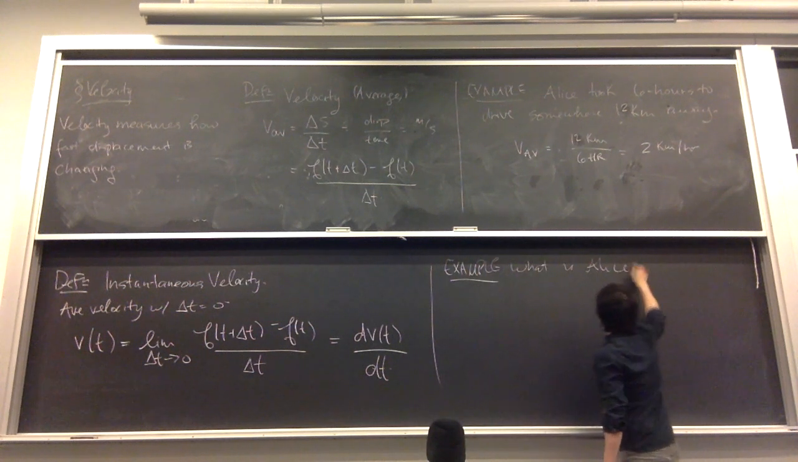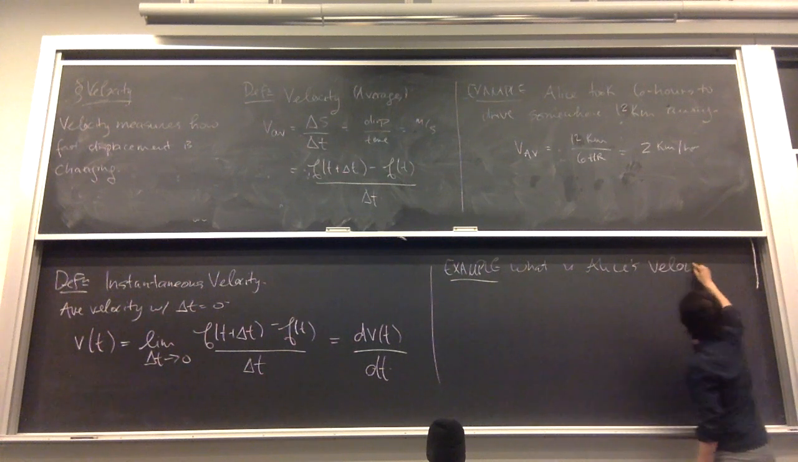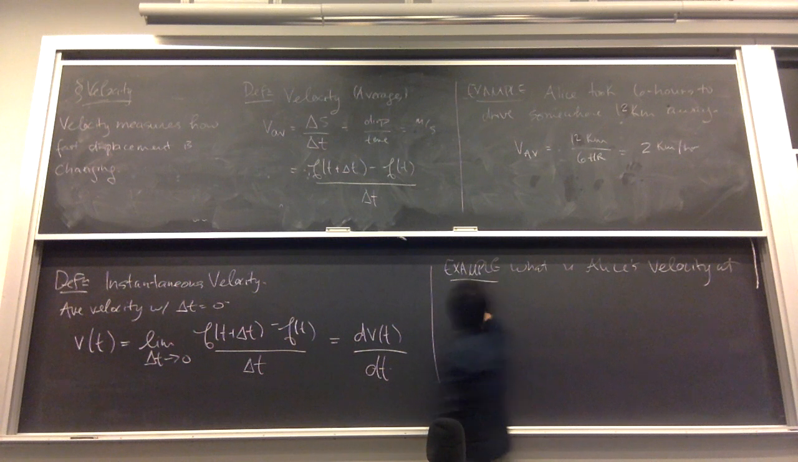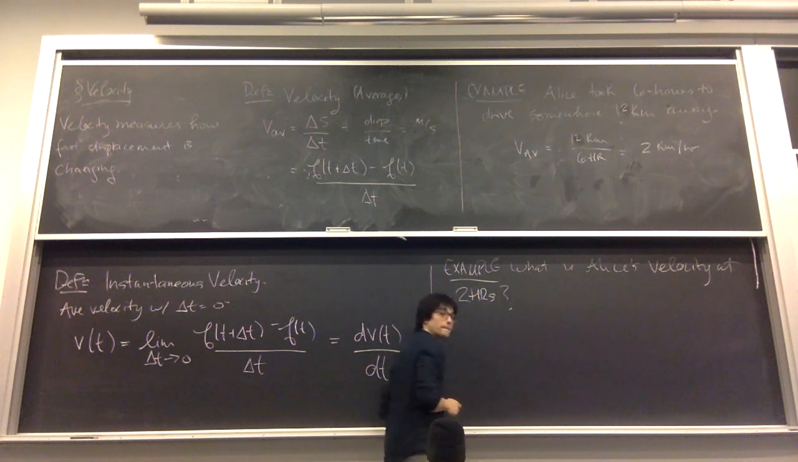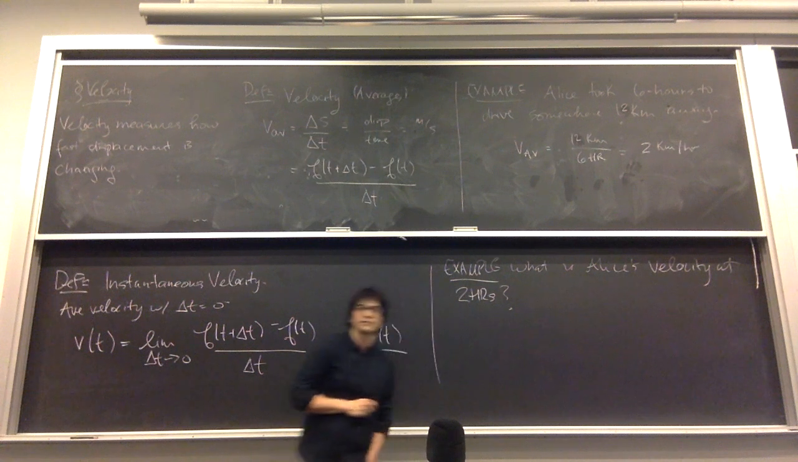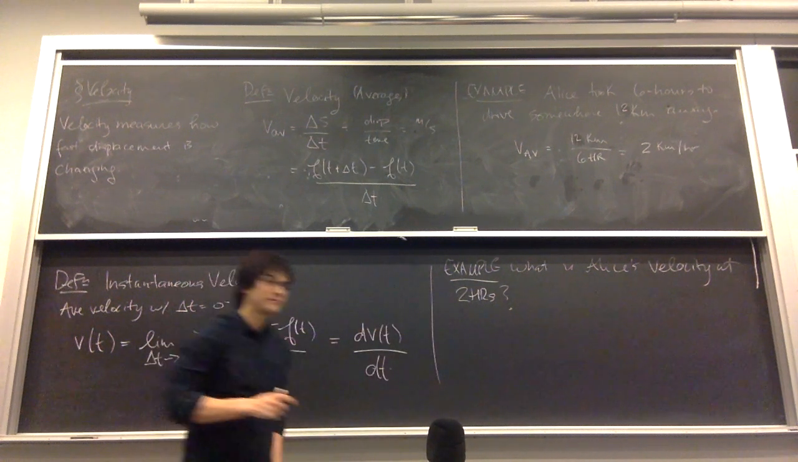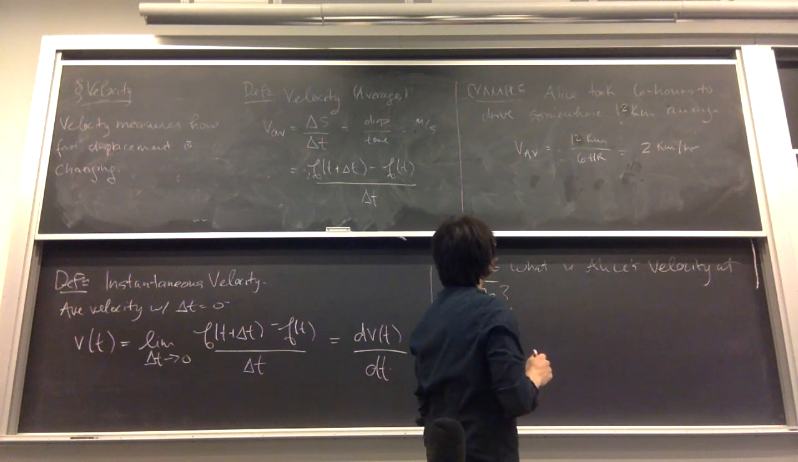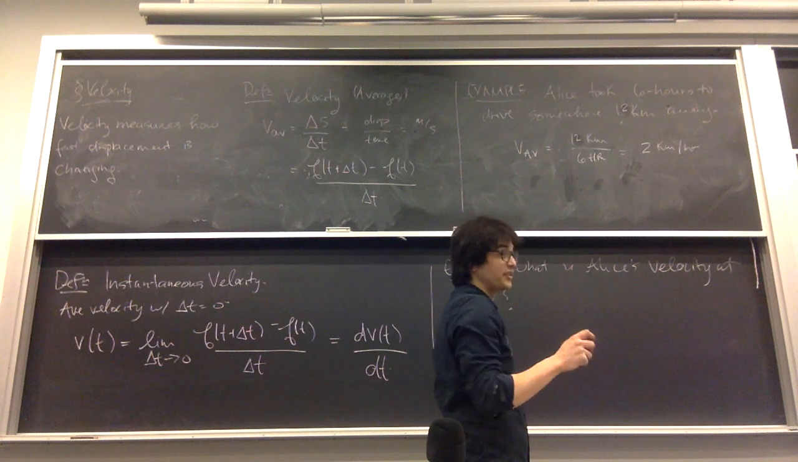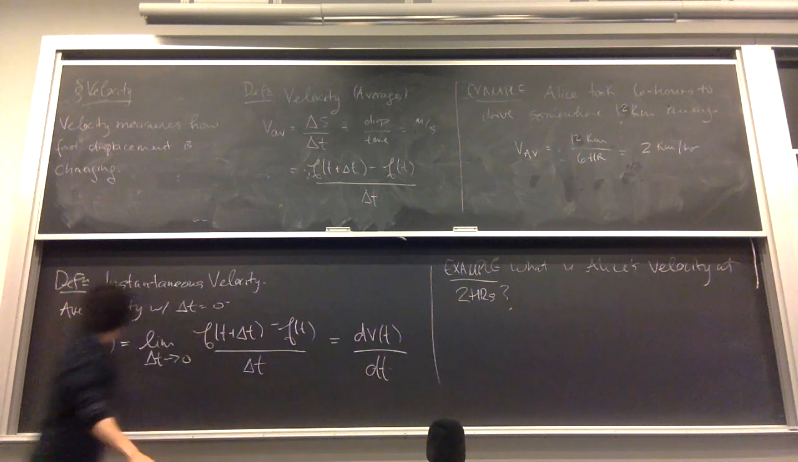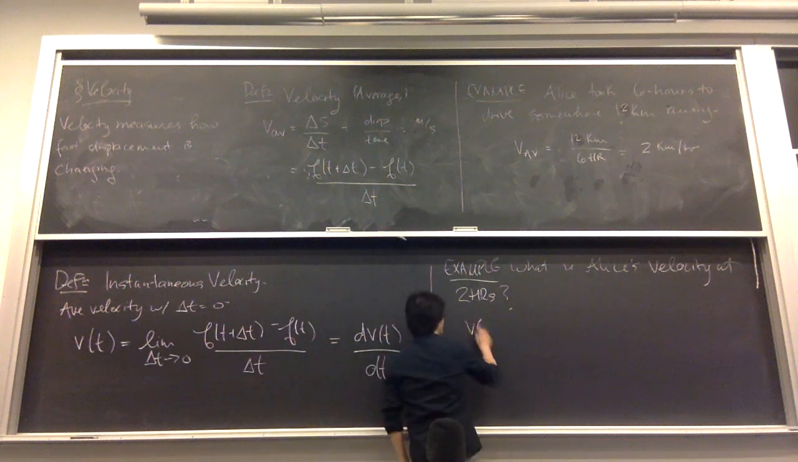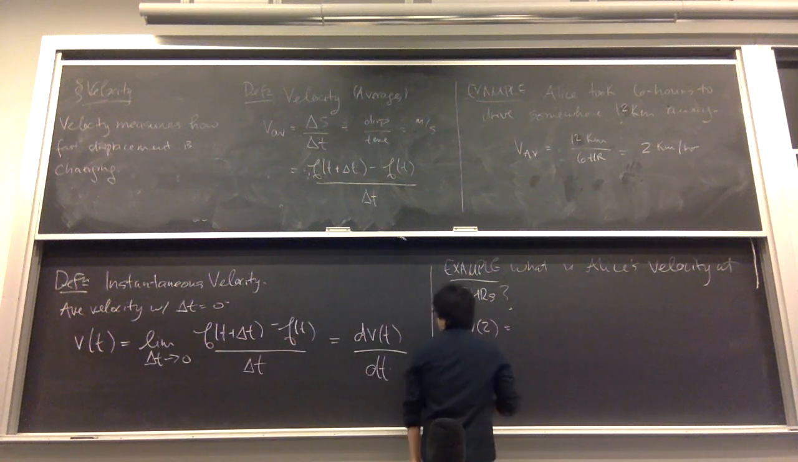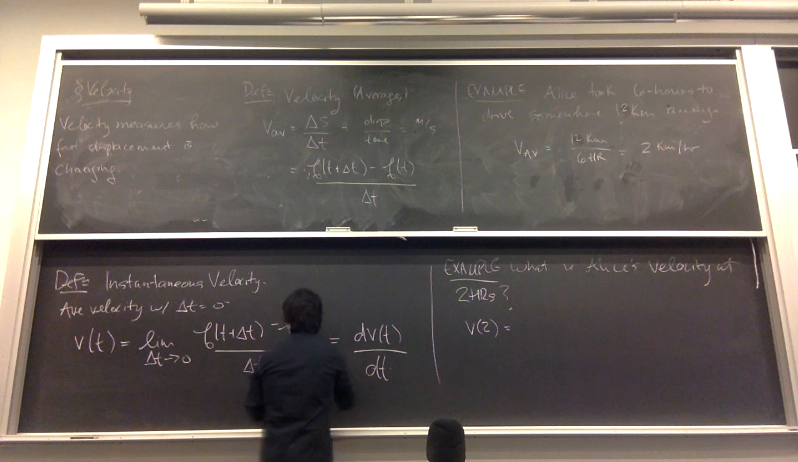What is Alice's velocity at, give me a time, 2 hours. All right, so what do we need here? How can we answer this question? Yes, sir. It's not v of 2. Well, sorry, yeah, it's this v of 2. Okay, so let's start from there. That's not bad. We need v of 2, which means we need,